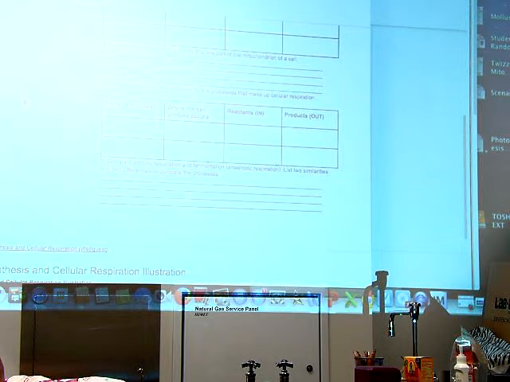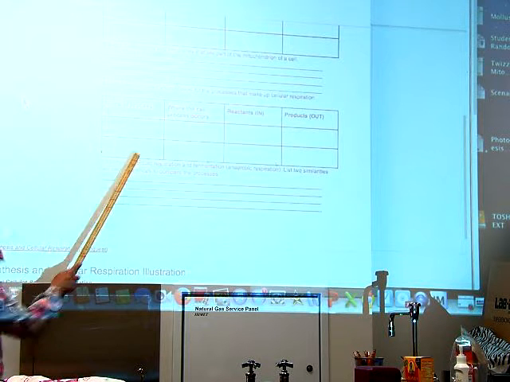What word do you hear in aerobic? Air. What is it? Air. Oxygen. So what do you think is going to be very important in this process? Oxygen. Aerobic respiration, underneath there, in parentheses, you want to put